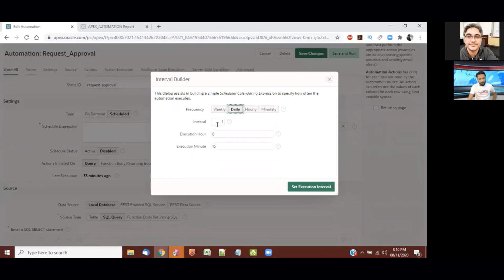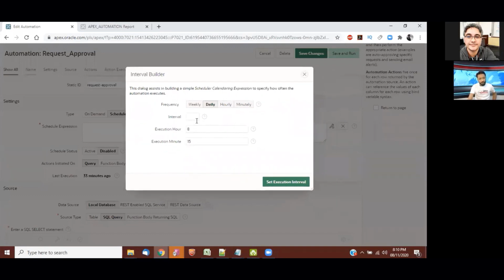On daily frequency, I have an interval of 1, 2, 3. If I choose 2 here, the process will execute every second day, just like execution hours, 8:15. You can also set the frequency hourly.